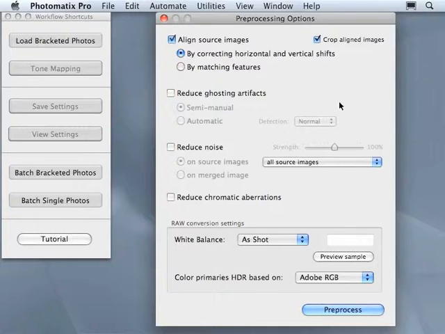To produce a quick HDR, just leave Reduce Ghosting Artifacts off, or you can choose it as automatic. Leave the Reduce Noise option off, since either you can use Photomatix later to reduce the noise, or you can use other softwares like Lightroom or Noise Ninja. It is suggested by the company producing Photomatix that you keep Reduce Chromatic Aberrations on as a default, which I found okay. And also, to produce a quick HDR, just do not bother yourself with RAW conversion settings, which